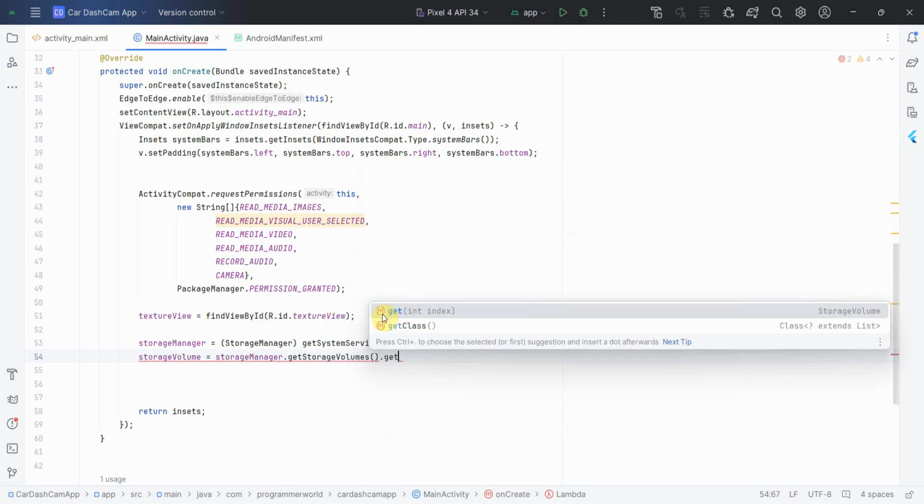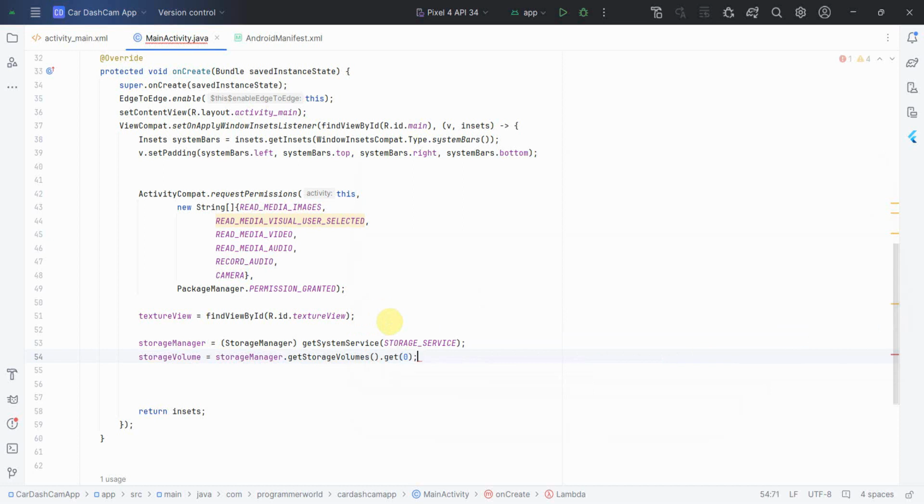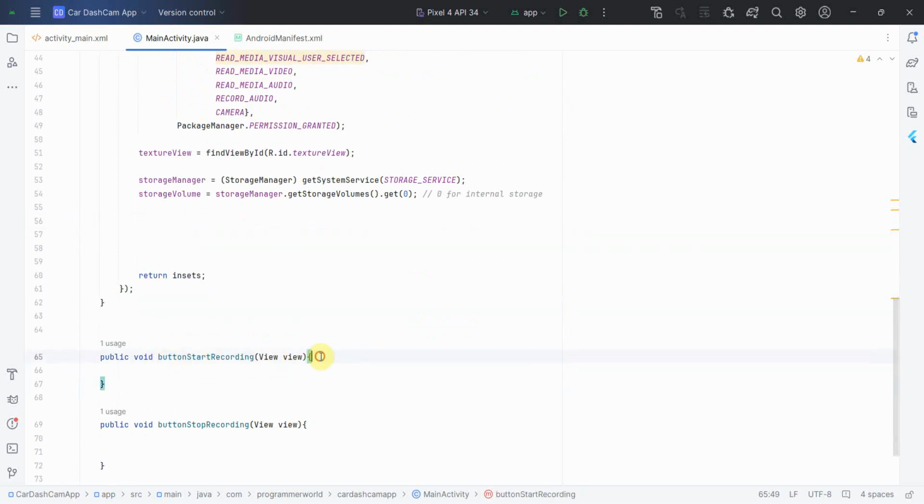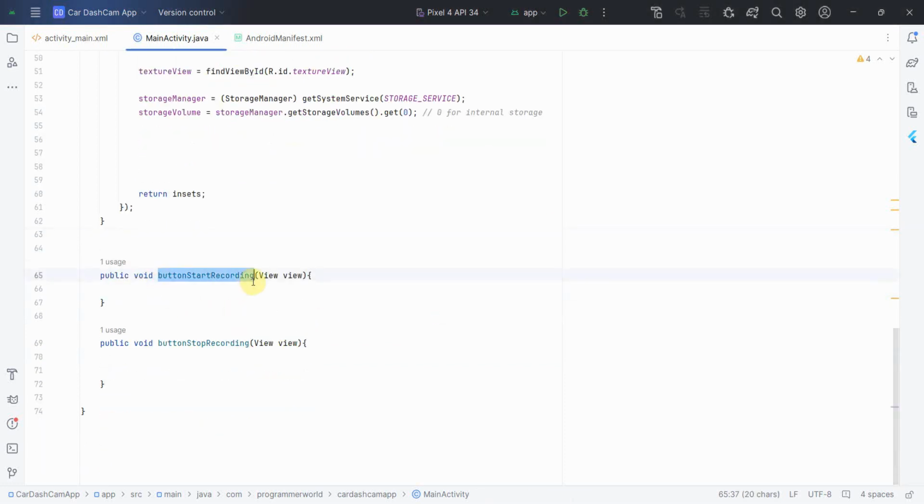So what we can do is we can get one of them. So 0 is for internal storage, 1 is for external. So we'll be storing it in the internal storage itself, in the downloads folder most likely. So that's all I guess in terms of the class variables. Now we can start the coding here, or probably what we do, we will do the coding first in